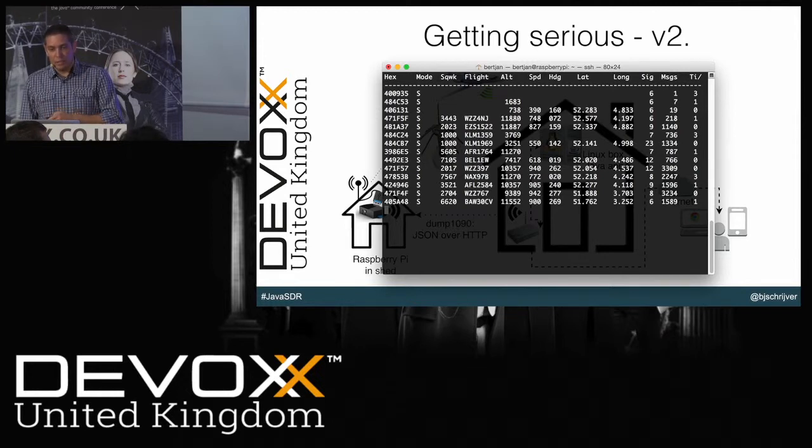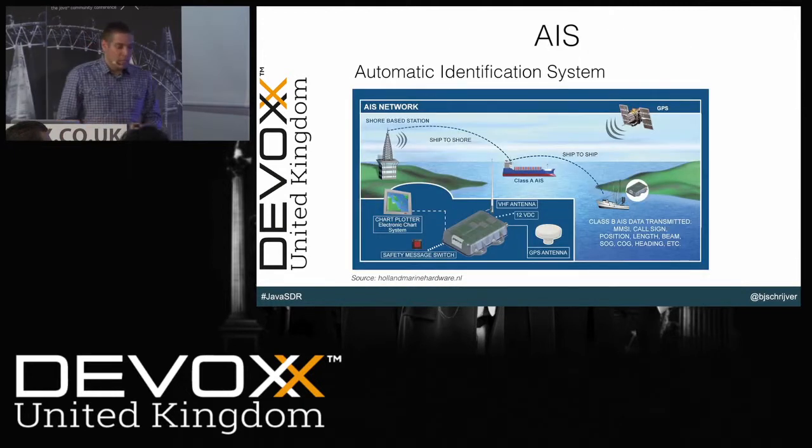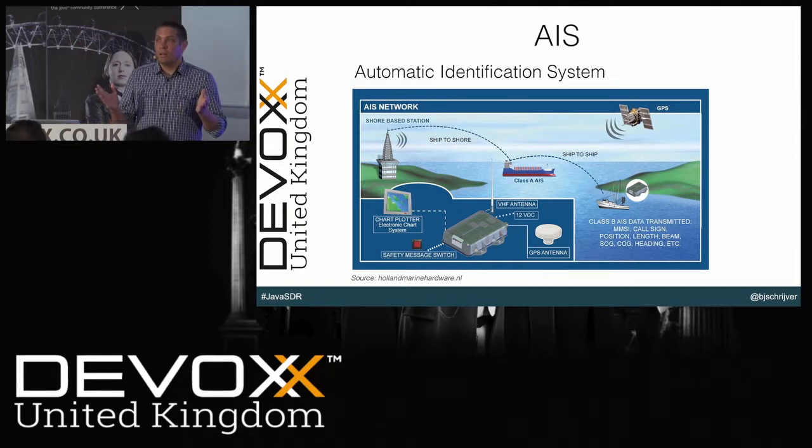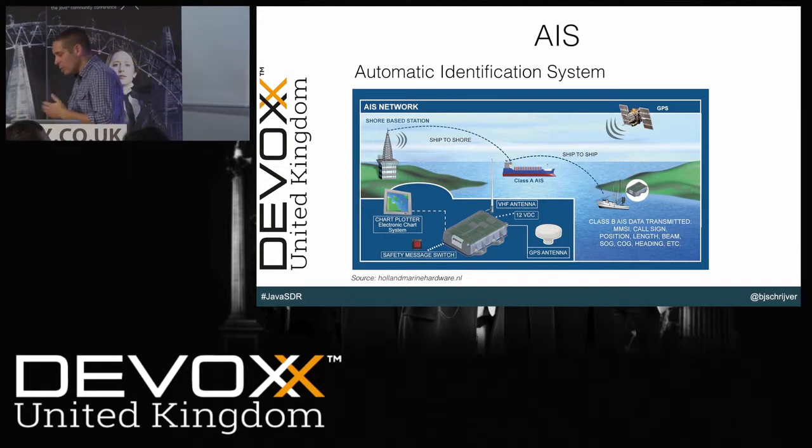So now we can start looking into AIS. AIS is pretty much the same as ADS-B, but for ships or boats or vessels, or whatever you like to call them, those things that float on water and transport stuff. So AIS is also used for monitoring and collision avoidance. It's actually not the primary system used for collision avoidance between ships, because that is, just shout. Radar, yes, exactly, radar. So this is used as a supplement to radar.